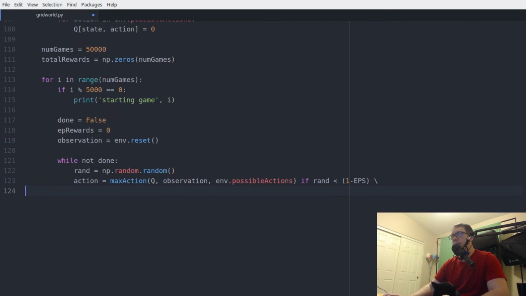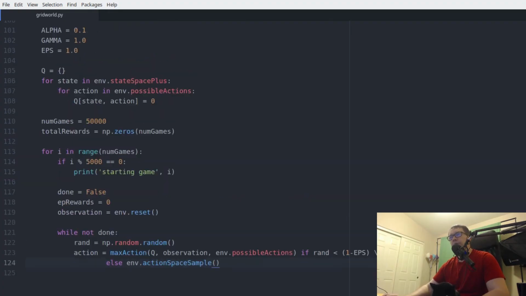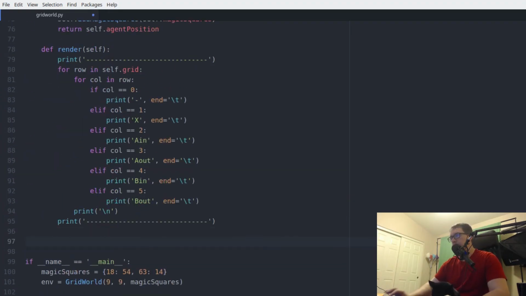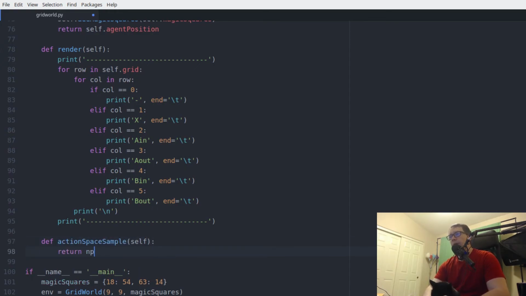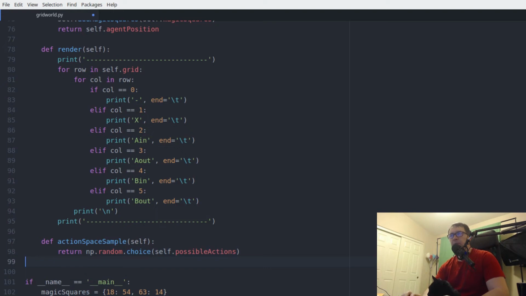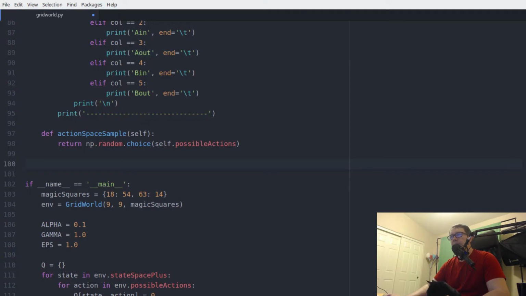Can you guys see that? Yep. Otherwise, we want to take a random sample of the action space. So we have to write these two functions. Let's do that quite quickly. So the action space sample is pretty straightforward. We can just return a random choice from the list of possible actions. And that's the reason we chose a list as that data structure, just to make it easy. Next up, we have the max action